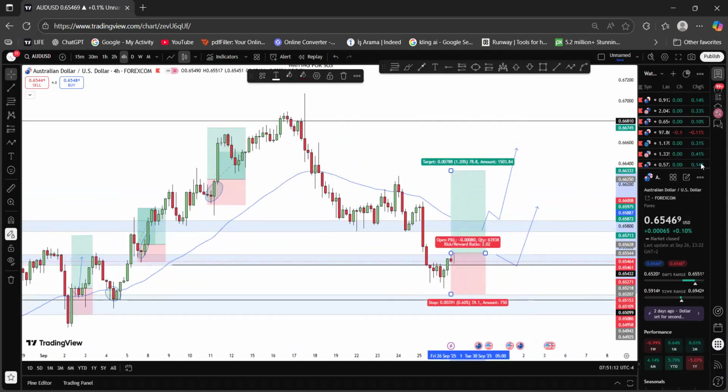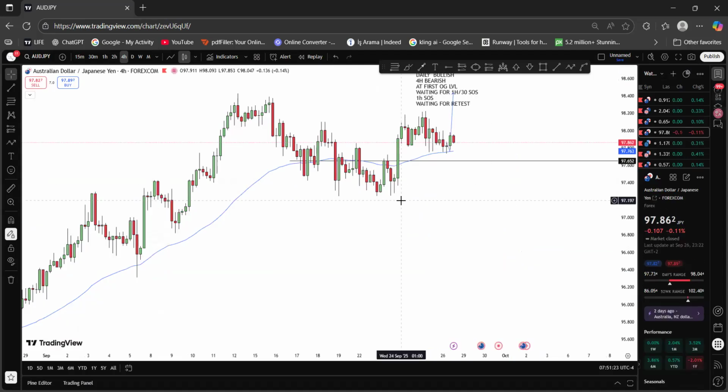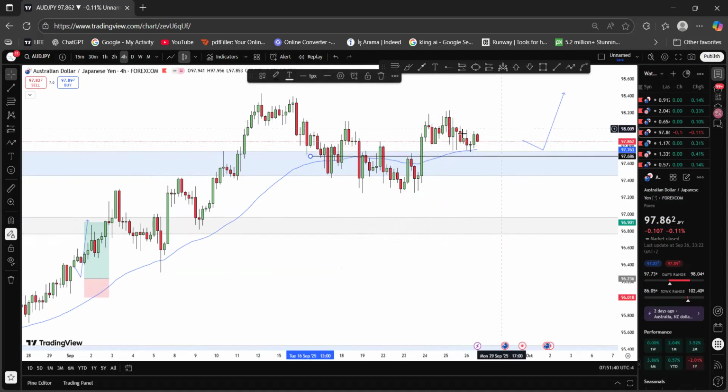And after this we have a nice setup also on AUD JPY. I'm also looking for buys based off the weekly being bullish, the daily being bullish, and you can see what's going on in the 4 hour time frame right here. We had this nice shift, but it did not retest on my level where I'm looking for buys, and you can see it made a new high. So what I need the market to do is to just do something like this on the lower time frame, retest for me, then have a shift and retest, then I might buy,